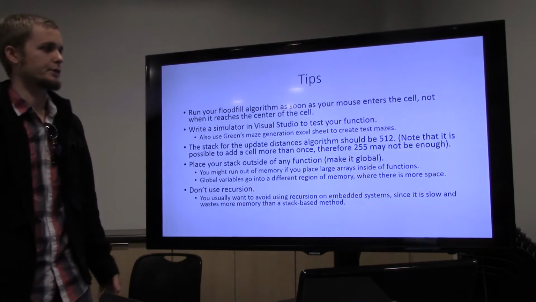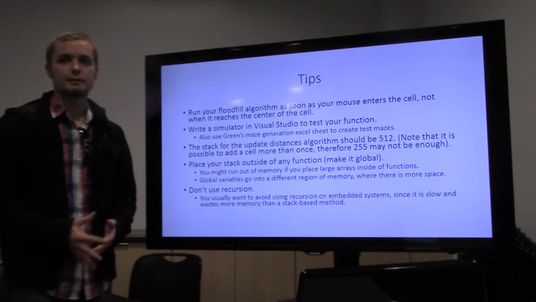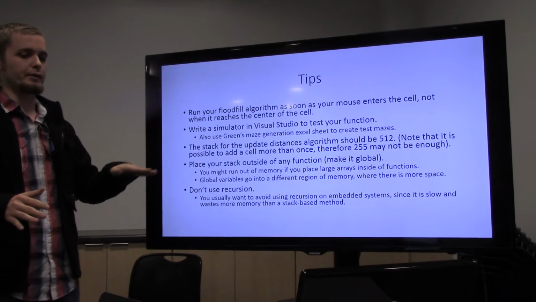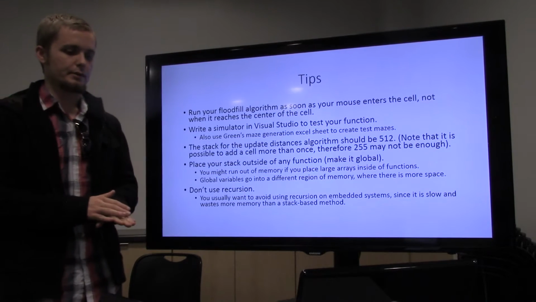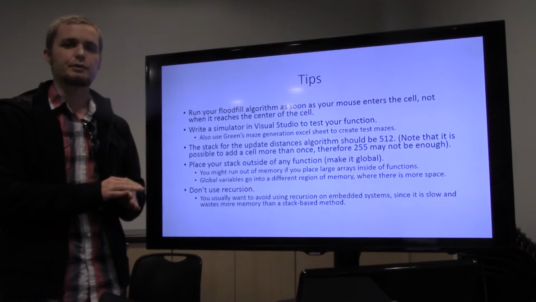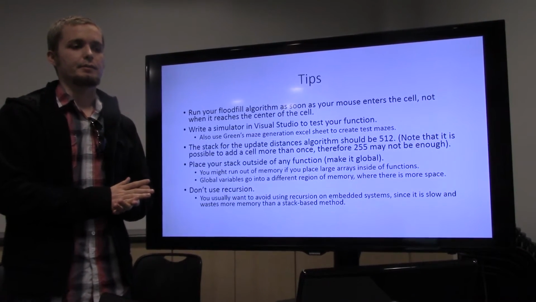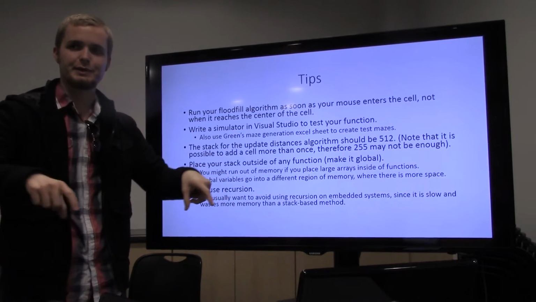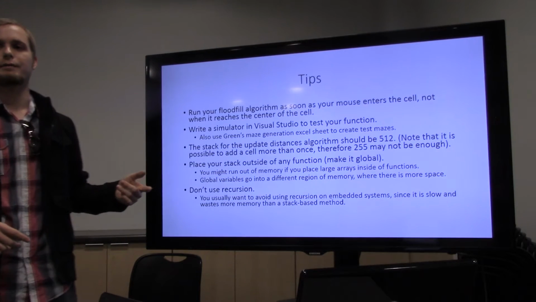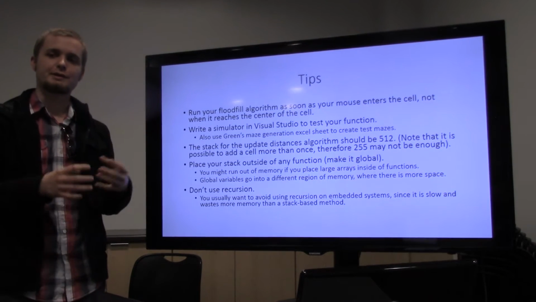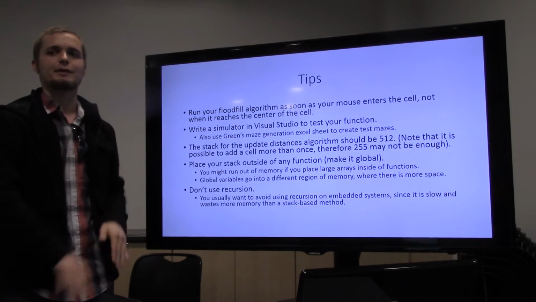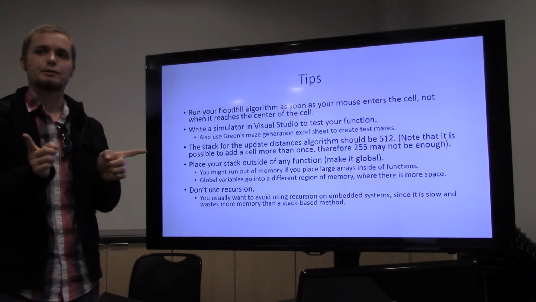So these are just my tips for how to accomplish this. The way that we do it is that as soon as you enter a new cell, meaning as soon as your wheels cross onto that boundary between cells, that's when you want to run your Floodfill algorithm. You consider yourself to be in the next cell as soon as you've entered it, and that will allow you to